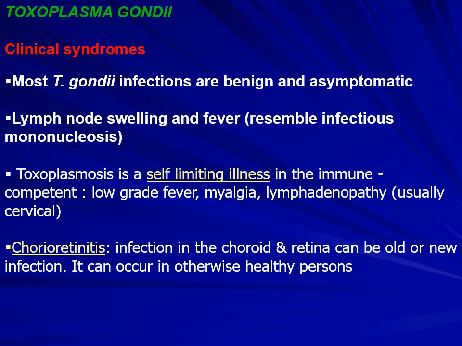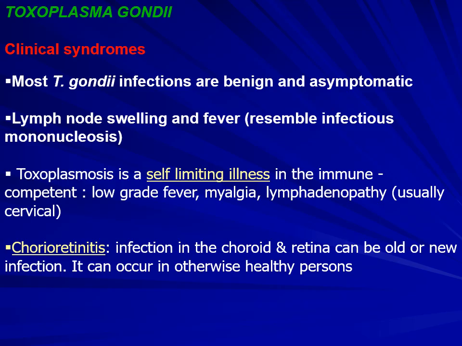Let's discuss now the clinical symptoms associated with Toxoplasma gondii. Again, this is a self-limiting infection in immunocompetent patients, and most Toxoplasma gondii infections are benign and asymptomatic. I can give you a personal example. I am toxopositive for this parasite, so I have the antibodies against this parasite, and I do not recall when I got the infection. Some of the patients can experience lymphadenopathy, some of them can develop fever, and the symptoms can be, in some immunocompetent patients, like those of infectious mononucleosis.